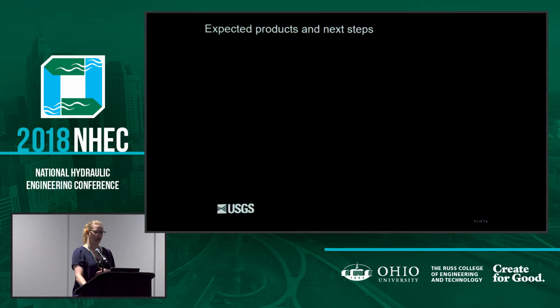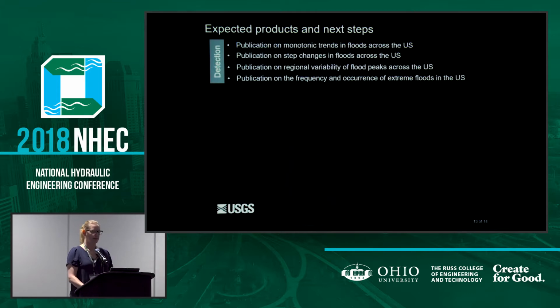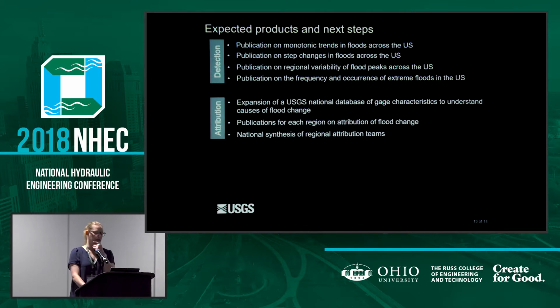And so just to wrap up, the expected products and next steps. In terms of detection, we have a number of papers now in review or in process on monotonic trends, step trends, the regional variability of flood peaks, and then we're doing some work additionally on the frequency and occurrence of extreme floods. When it comes to attribution, we're expanding a national database, a USGS national database to understand causes